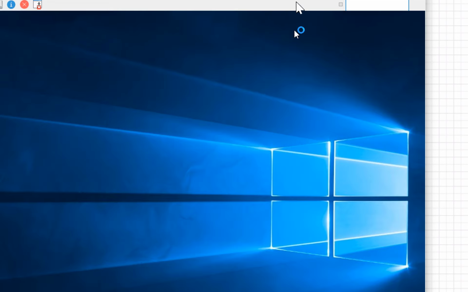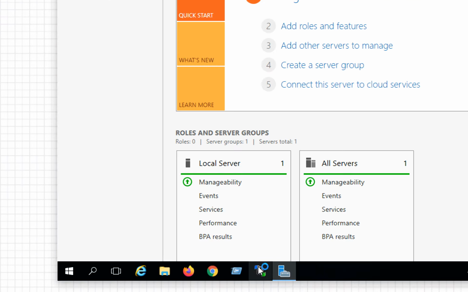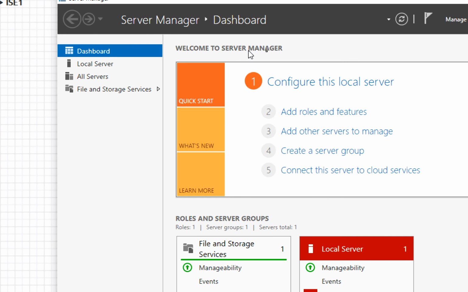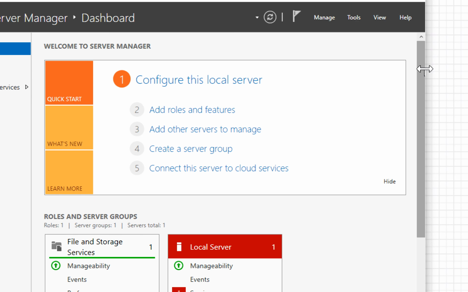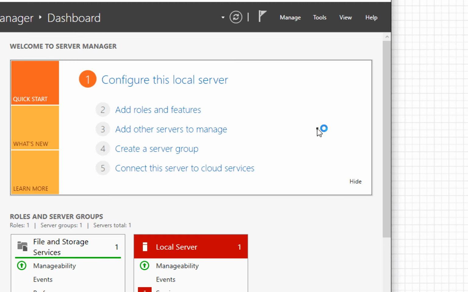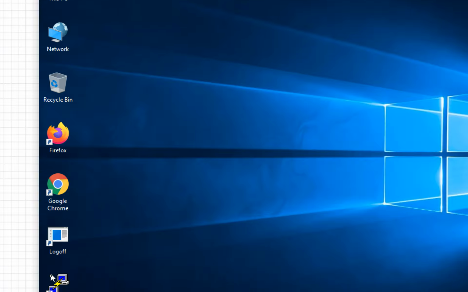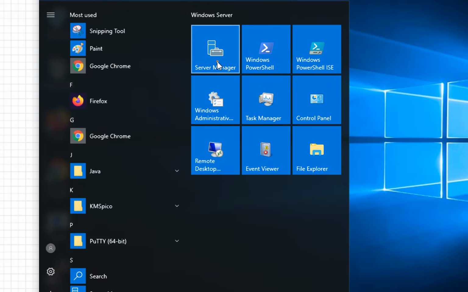So I don't have another option. So just let me configure. So what do we have to do? We have to go to the Server Manager, right? So here you can see Server Manager, or you can search for it directly from the PC itself. Let me close it. So if you have it like this, click here and here you have the Server Manager option,